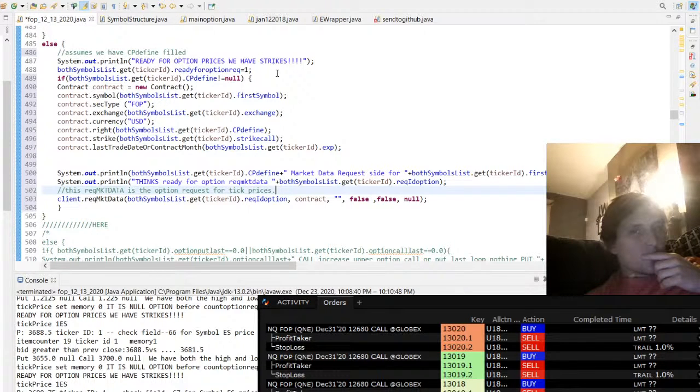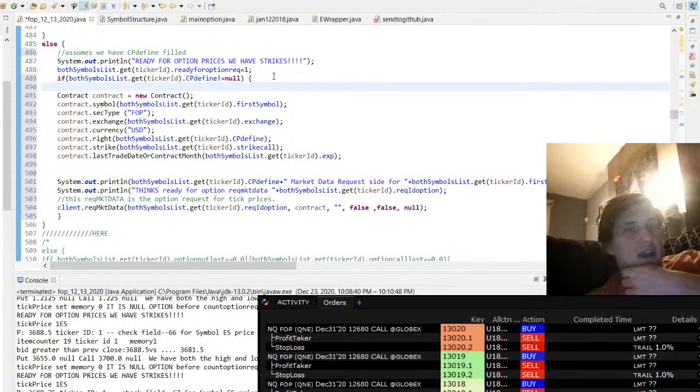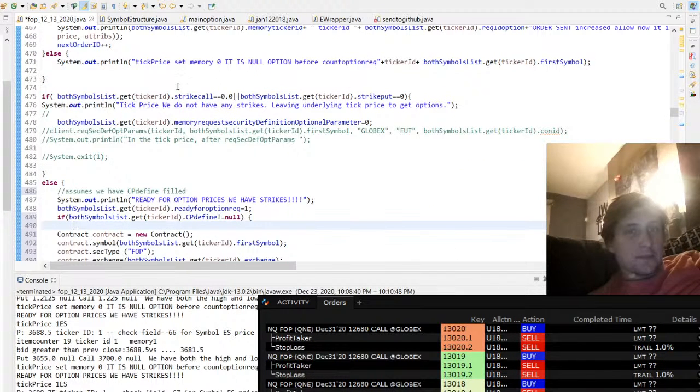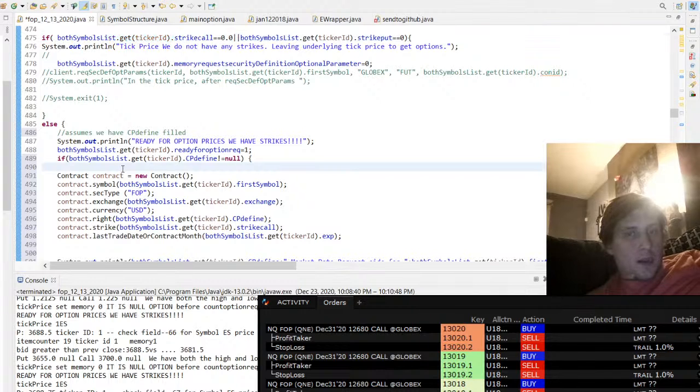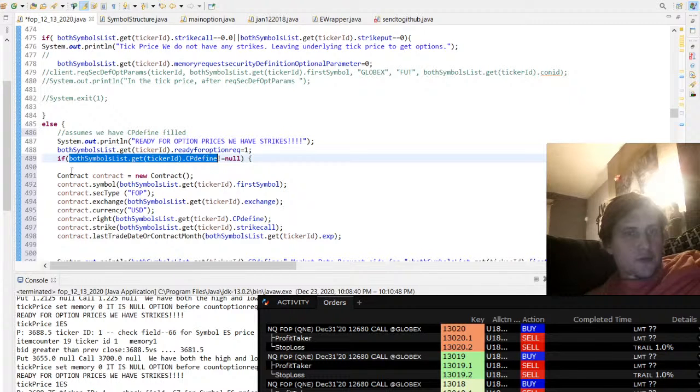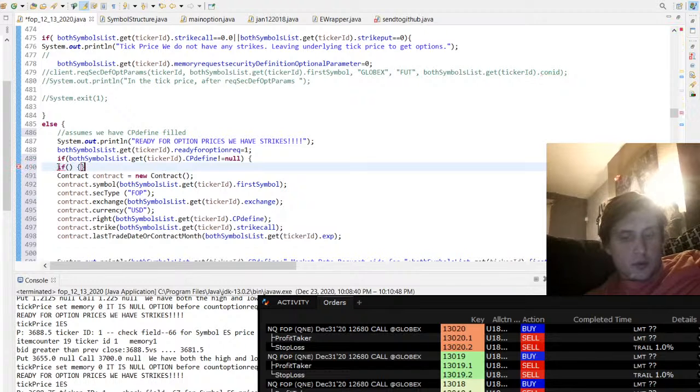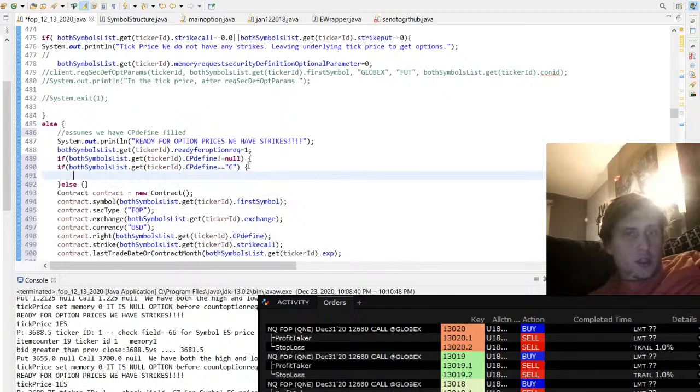Okay, CP define is not null. We know we have the strike, so what we need to do is say if, else, okay, if the call equals call, else, okay, then we know it's a call, and what we need to say is